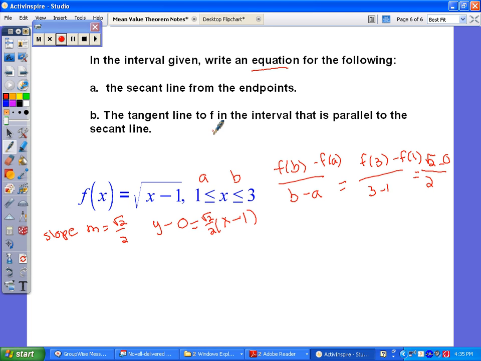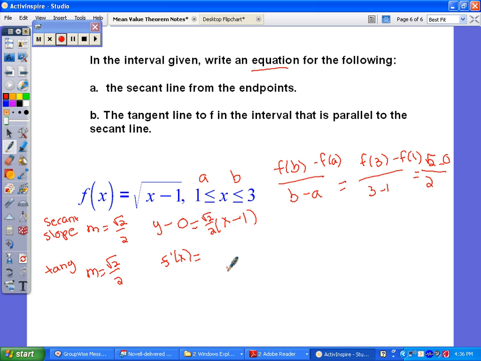Then they want the equation for the tangent line that's parallel to the secant line. So in order to find that, I have to figure out the slope, which of course is going to be the same. So this is my tangent line. If we label it, this is my secant. We need to figure out where this occurs. So we need to find the c value that makes it true in order to find the point that's on the tangent line. So if I take my derivative,